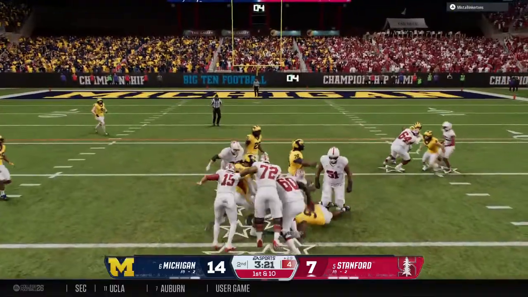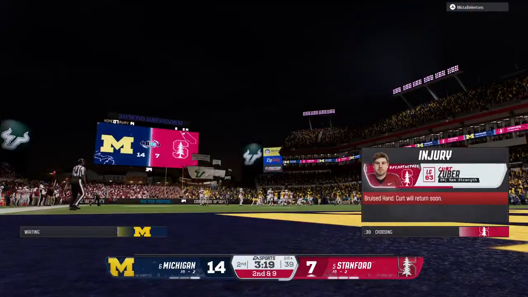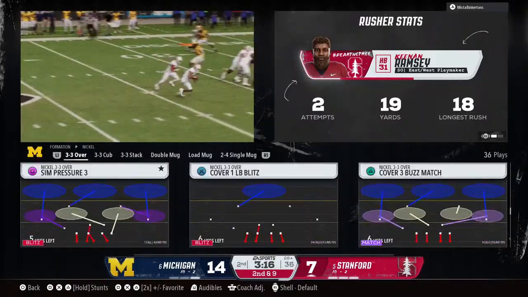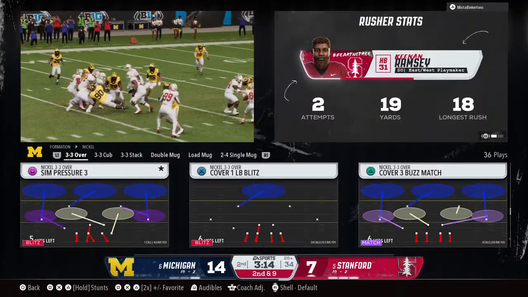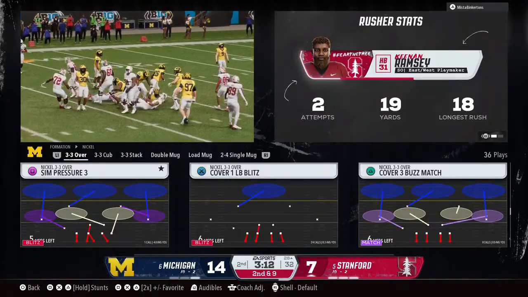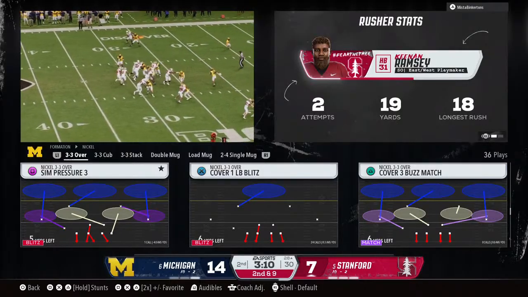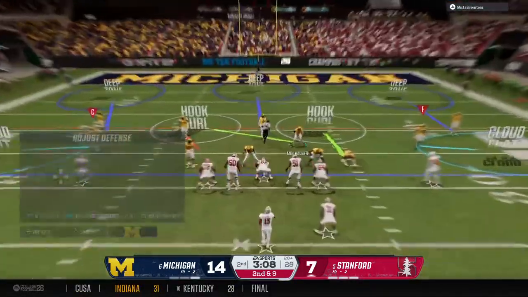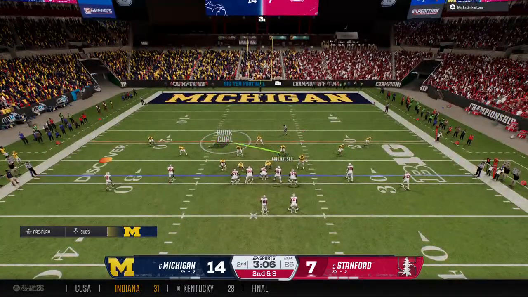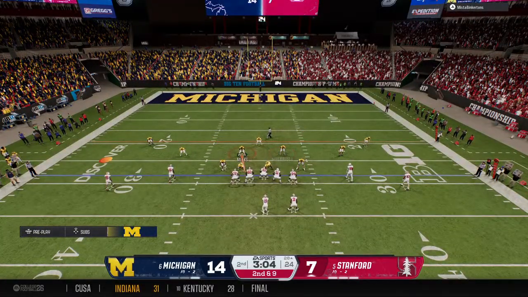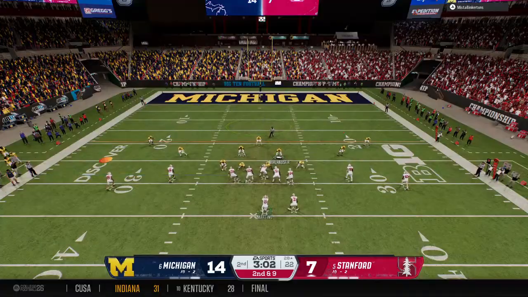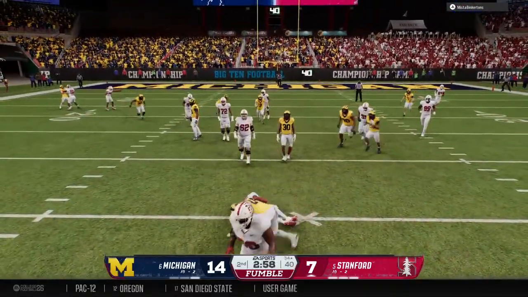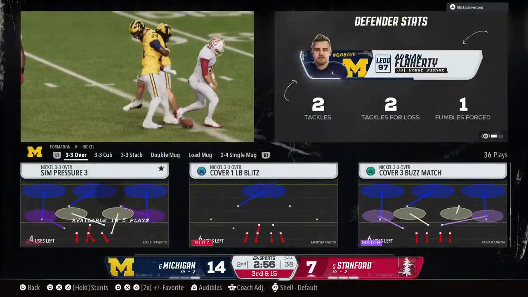Breaks into the clear. They test the middle of the defense, but get nothing. Well, the defensive line does their job eating up those double teams, freeing up the backers to make the play. Second down play coming up. He decides to keep it here. They recover their own fumble, but it is a big loss.